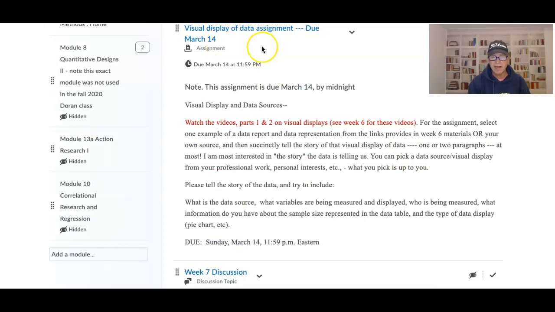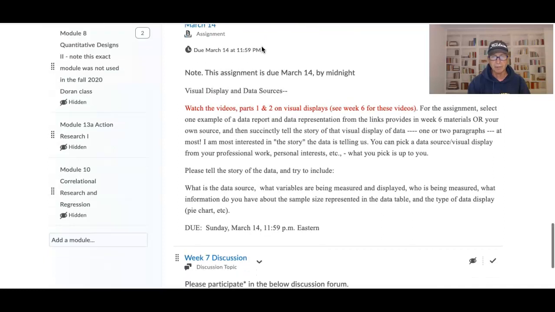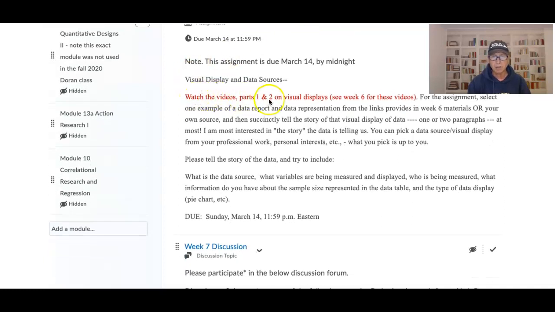So this is due next Sunday by midnight. If you can't hit that date, please let me know and we can work something out. So what I say is watch the videos from last week on the visual displays. Select one of the data reports that was in last week, or you can find your own. And